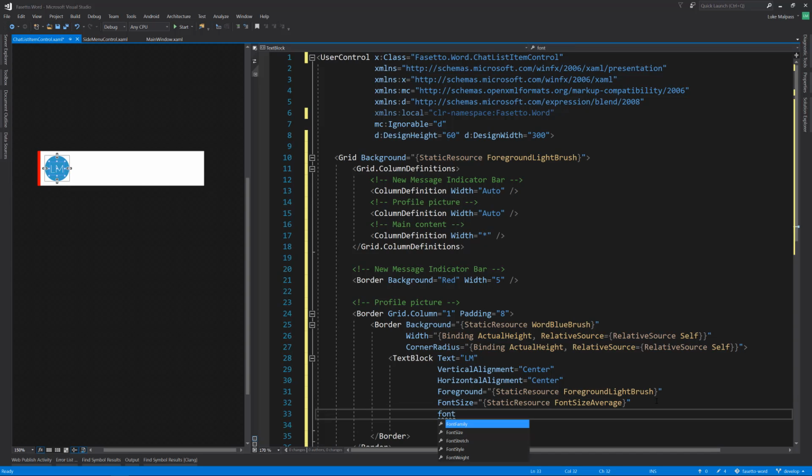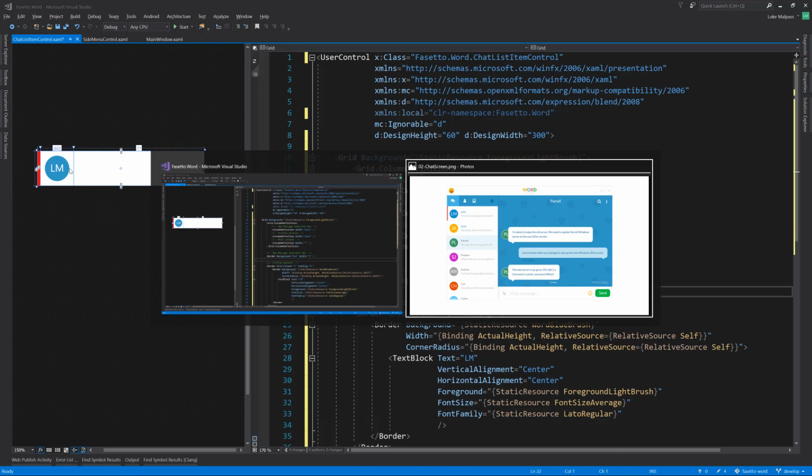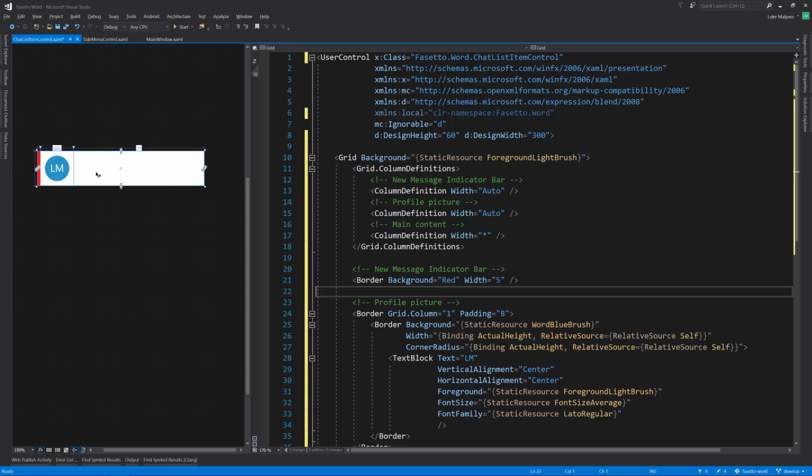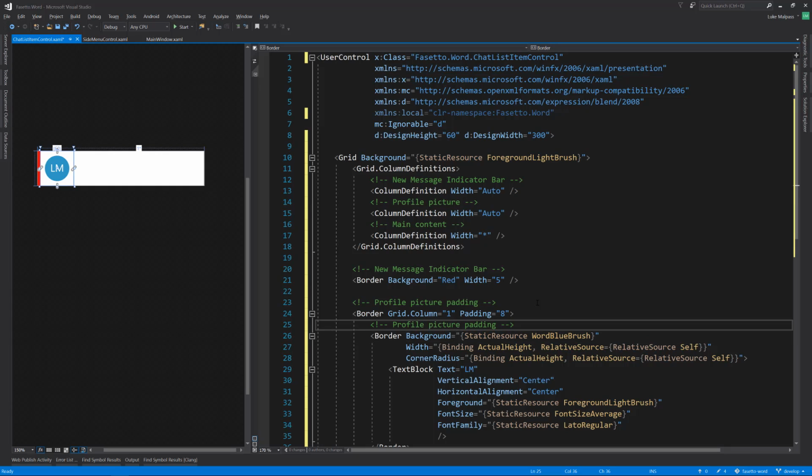I think the font wants to be a bit thicker though. Let's try regular. There we go. So it's pretty similar. So profile picture, padding, background,